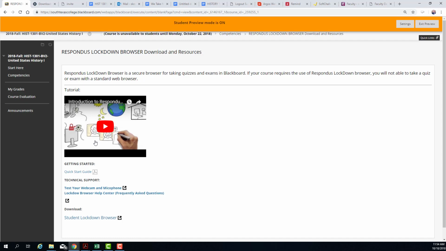If you try to open it up in Internet Explorer, Mozilla, Chrome, or Safari, you'll get a window asking you for a password to take the exam. There are no passwords for the exam. The password is opening up Blackboard through the Lockdown browser. So please download that as quickly as possible.